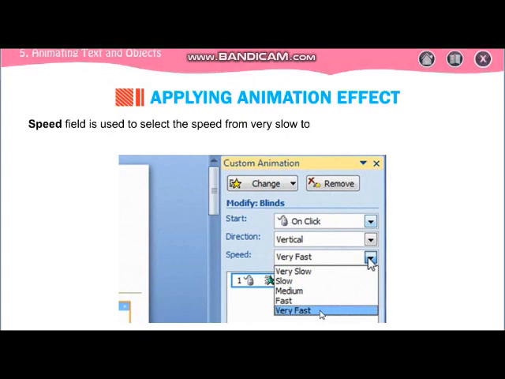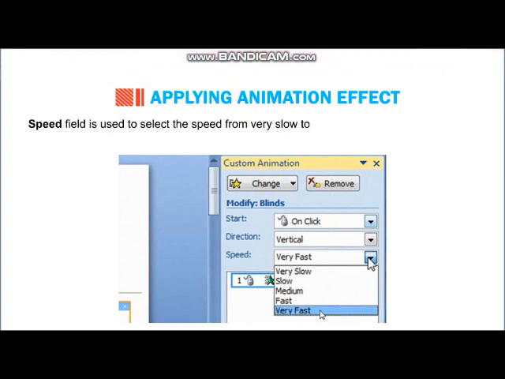So these are the 5 speeds of animation. Now we are going to apply one animation effect to a text to see the changes.